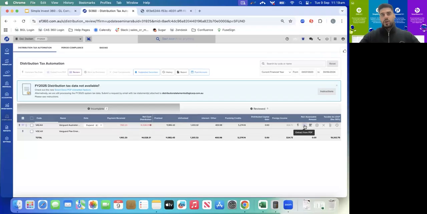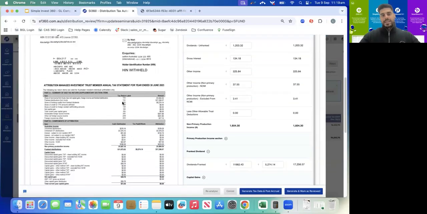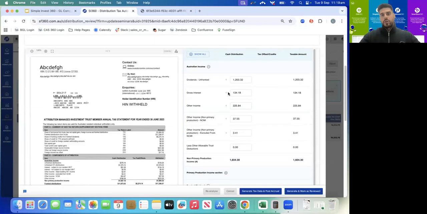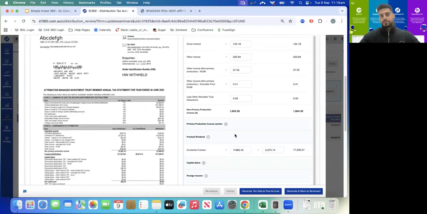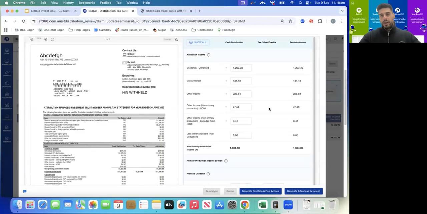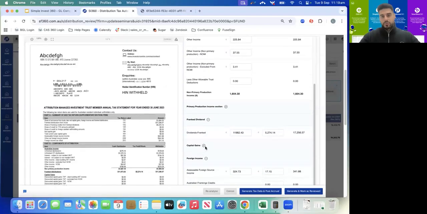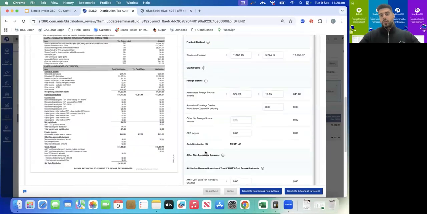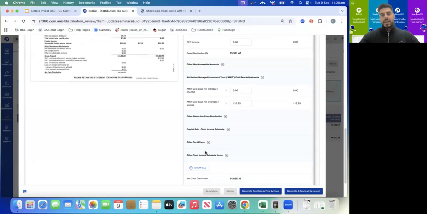If you do upload it for the first time, it does take around a couple of minutes for the software to analyze the data and extract it. But what we can see here is it's brought through all of the tax data directly from the statement into our table on the right hand side here. So we can see all the Australian income, the different franked dividends, capital gains, and foreign income that's been all automatically pre-filled. This is something, if you're doing manually, could take up to 10 to 15 minutes per statement,